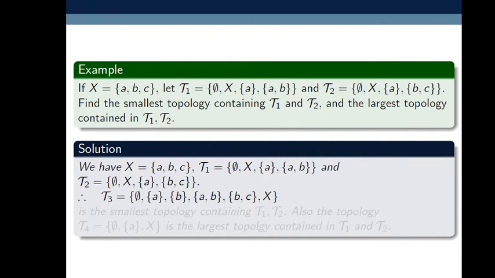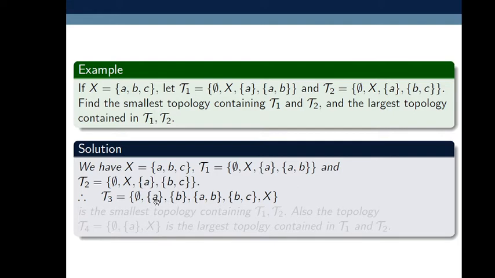The first condition for a topology is that the empty set and the set X should belong to the set. So here the empty set and X belong to tau 3. The first condition is satisfied. Then union: an arbitrary union of the elements of the set also belongs to the same set. So here singleton {a} union singleton {b}, that is {a, b}, is present here.